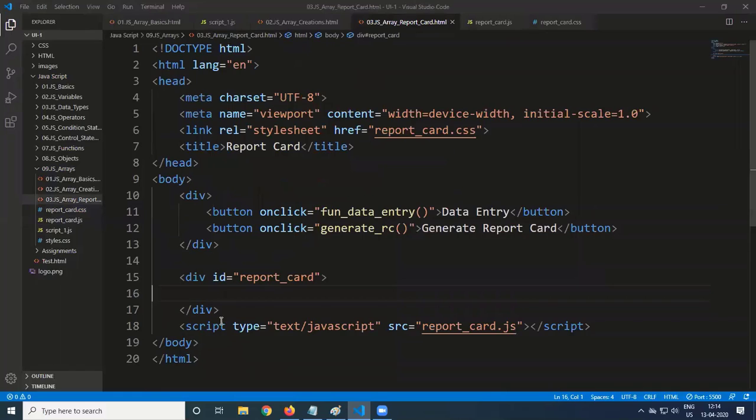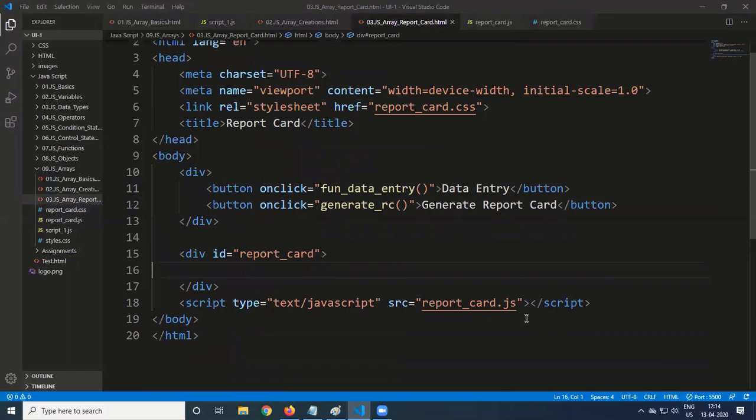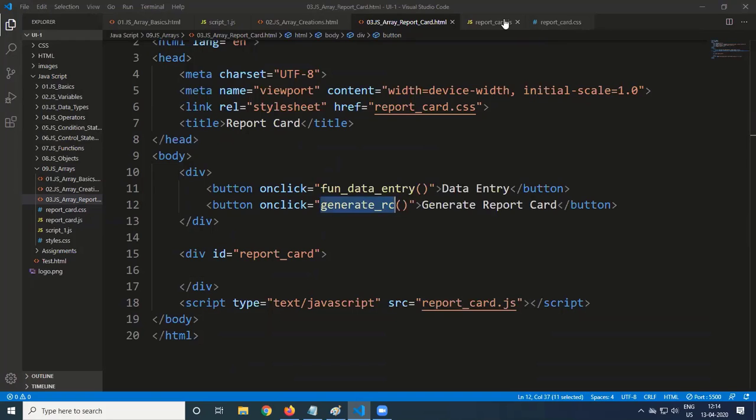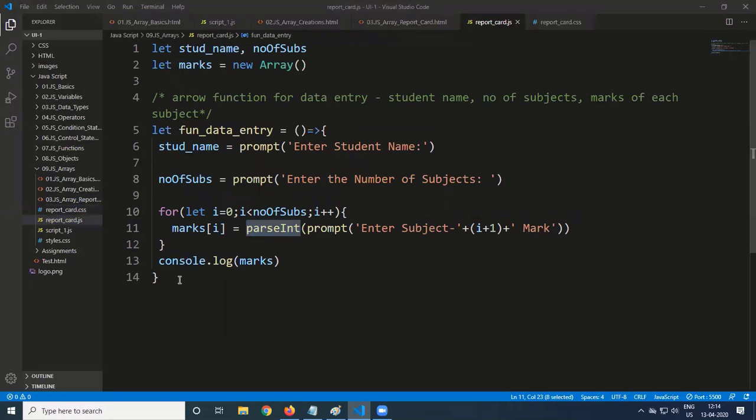So there is a division here where the report card will be generated, report_card. generateRC is a function, also an arrow function. console.log is not required. This is nothing but an arrow function to generate the report card.